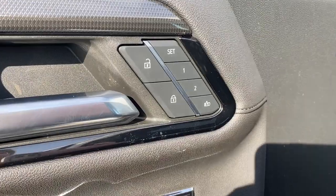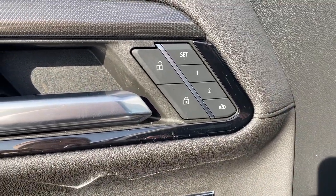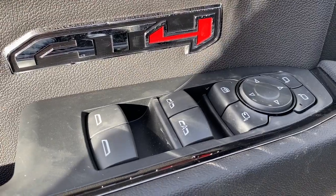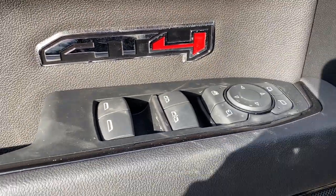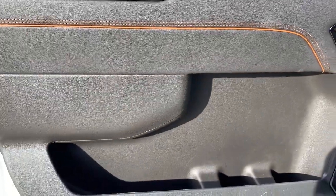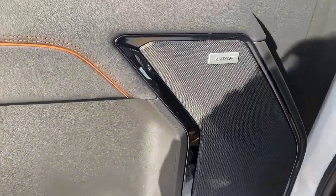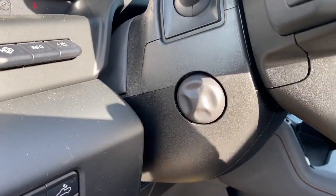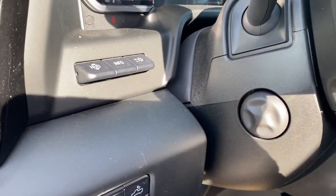Our driver's door has power door locks, a programmable memory seat for up to 2 drivers, power windows, power folding side mirrors, the child lock button, AT4 hard badging on the door storage with a cup holder, and a premium Bose sound system. To the left of the steering wheel, you'll find the power tilt and telescopic steering wheel button,